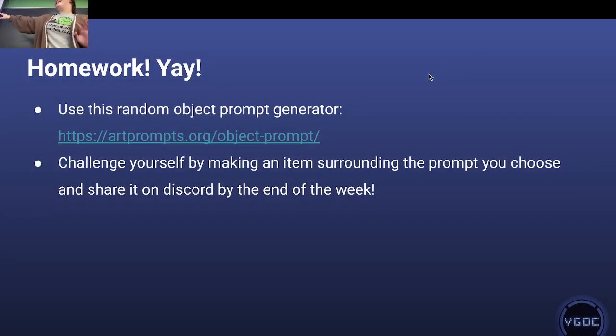I'm just going to show this slide preemptively. So after this, I was going to give a homework assignment like we've done in the past. My thought is you can go ahead and go to this random object prompt generator and generate a prompt. You don't have to do the first one you get. You can click it a million times till you find one you like. And challenge yourself by trying to make an item based on that prompt. Send it in the Discord and tell us what you got as your prompt,